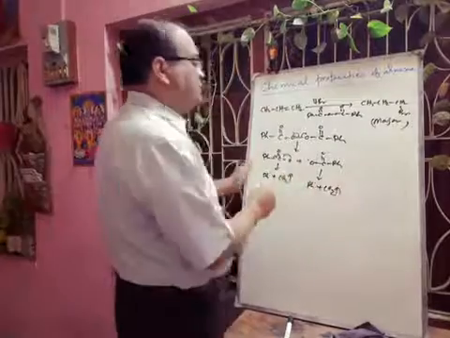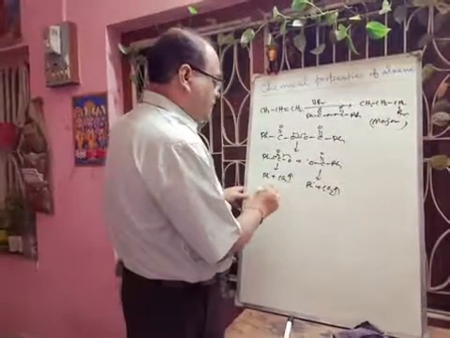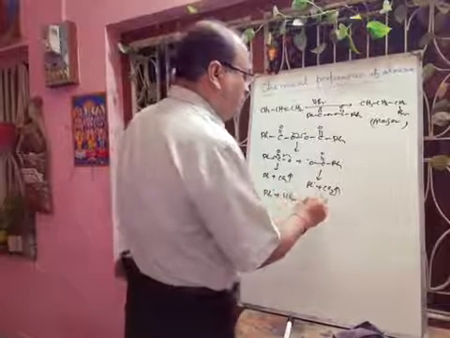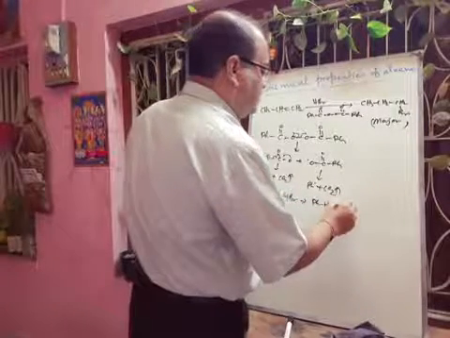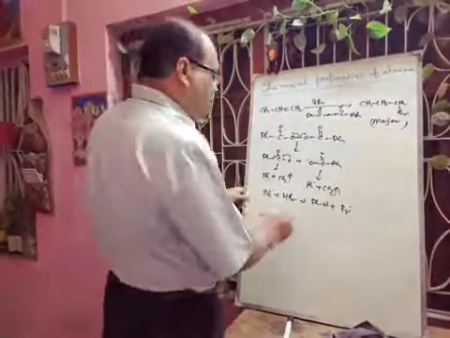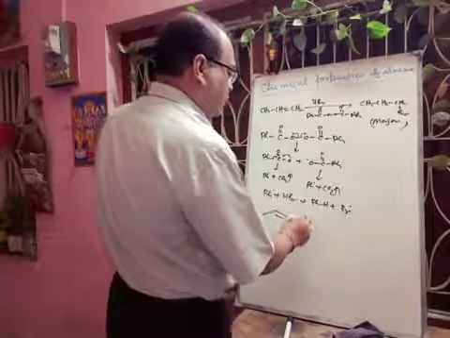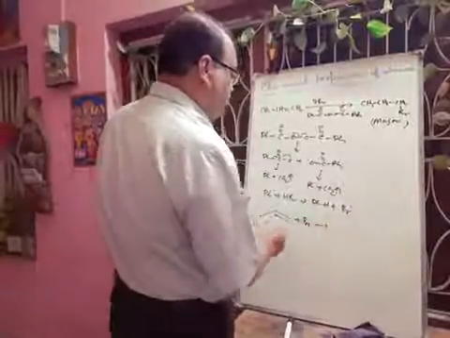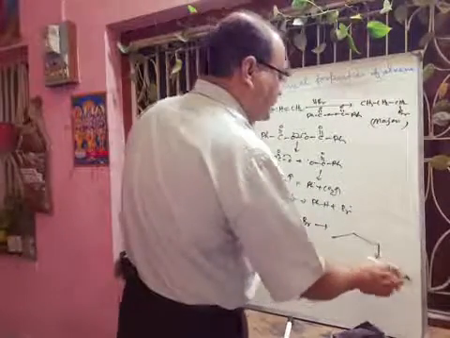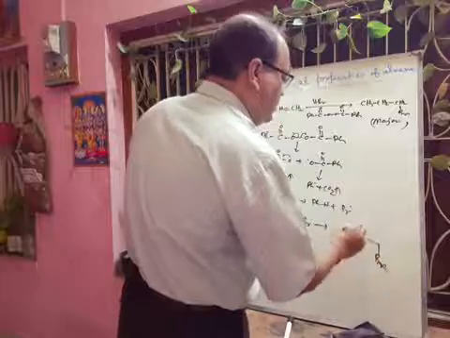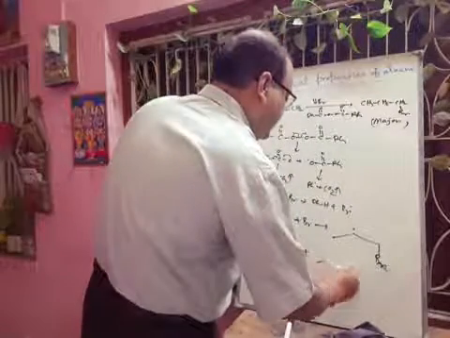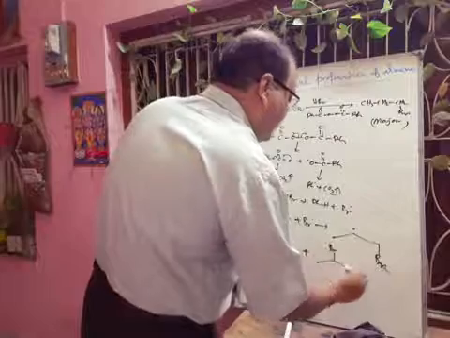Now this Ph dot will react with the HBr. Then there will be formation of PhH, that means benzene, plus Br dot. So in this way Br dot will be generated, and this Br dot will react with the unsymmetrical alkene. When Br dot is added, there are 2 chances. If Br dot adds at the end, we get the 2 degree free radical, and if Br dot adds in the middle, we get the 1 degree free radical.